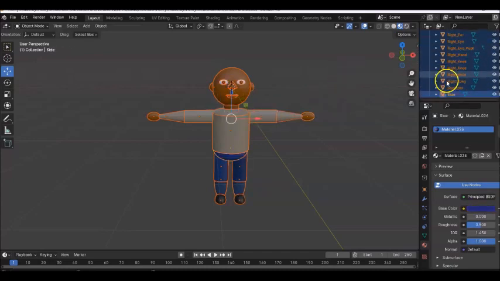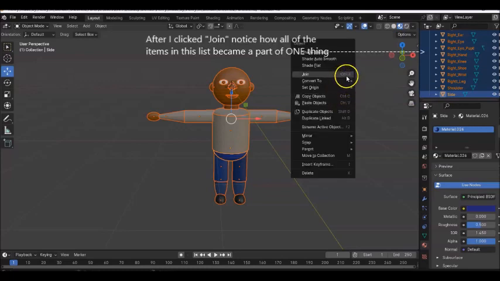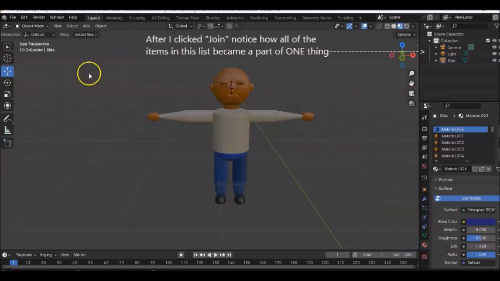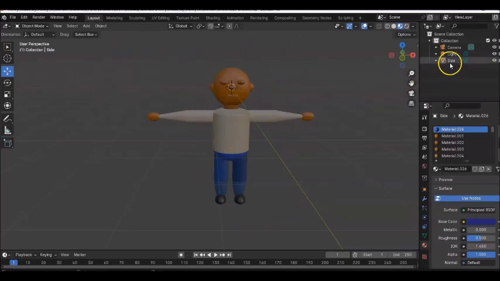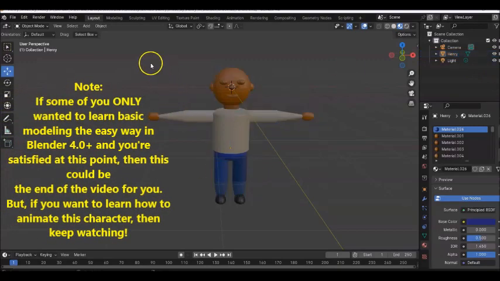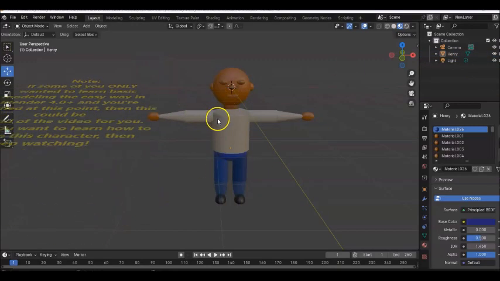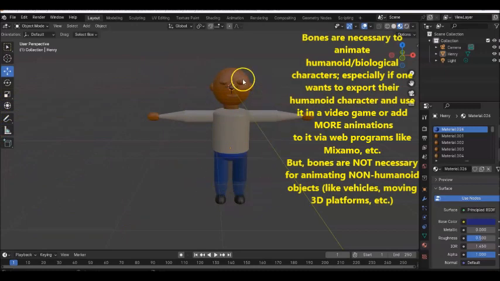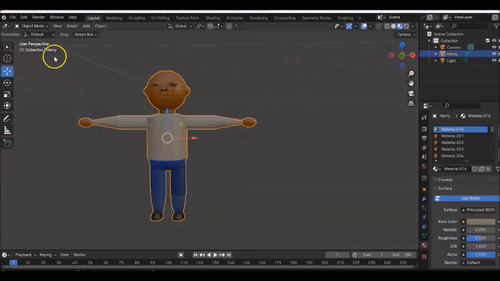Okay, so I selected all my items, and I'm going to right click and join them. Okay, so I joined all my parts. And then I can double click over here and just rename my character. You can do that as an option. Okay, so the next thing I'm going to do is I'm going to add bones so that we can animate it. Now before adding bones, when you have downloaded Blender for the first time,